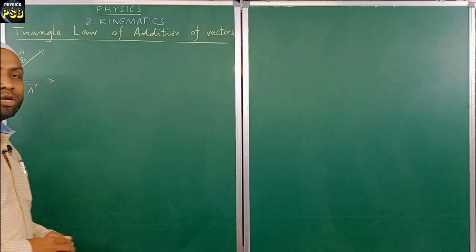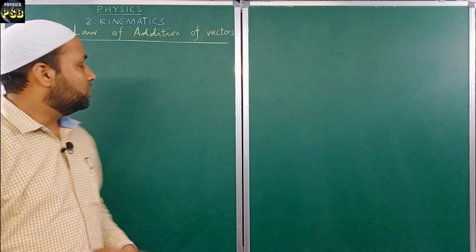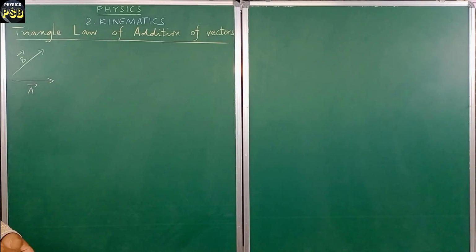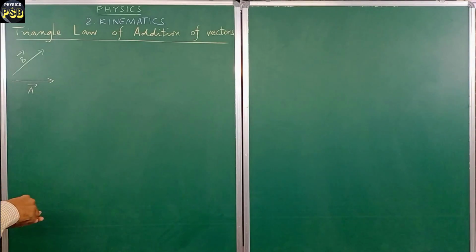Now I am going to apply the triangle law of vectors to these two vectors in order to get their resultant. For that, I draw a line